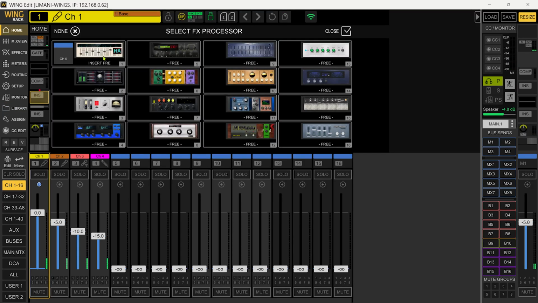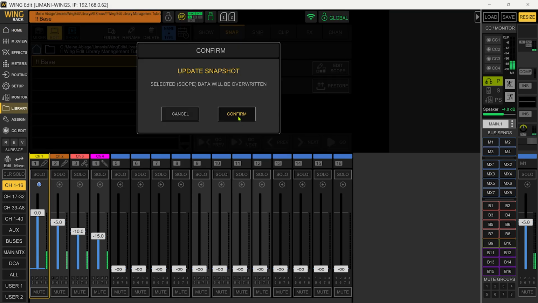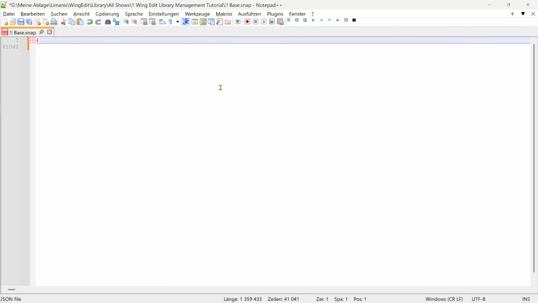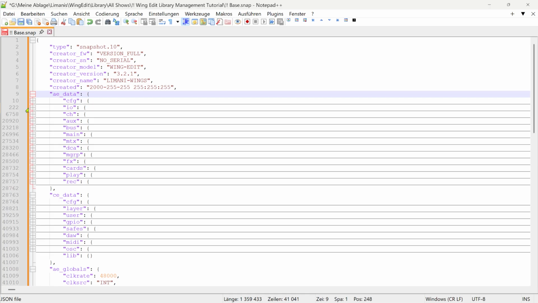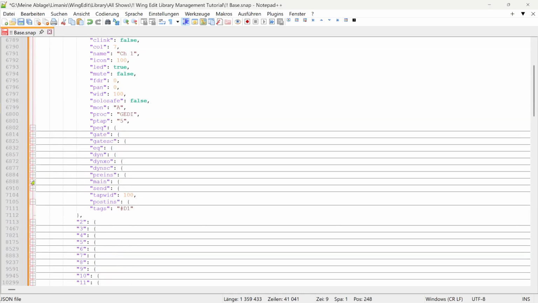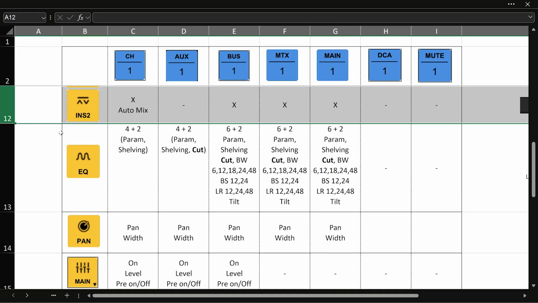So when I'm selecting now for channel 1 an effect from the effect rack, go to the library and say update, and look in the updated reloaded snap file, and I go to channel 1 and select the pre-insert effect, you see here only the information that the effect is turned on and we are using effect rack 1. That's the same information for insert 2, except that the aux channel does not have a